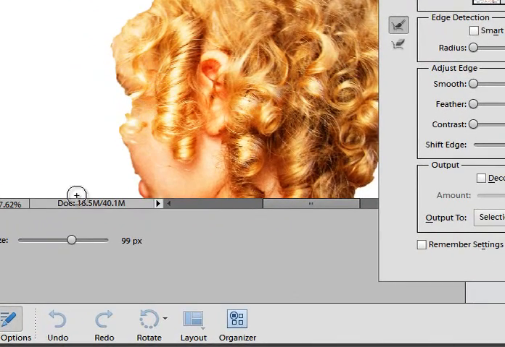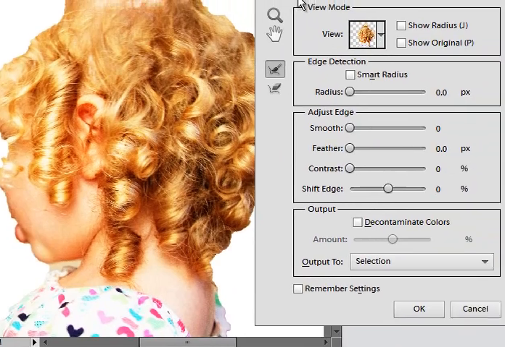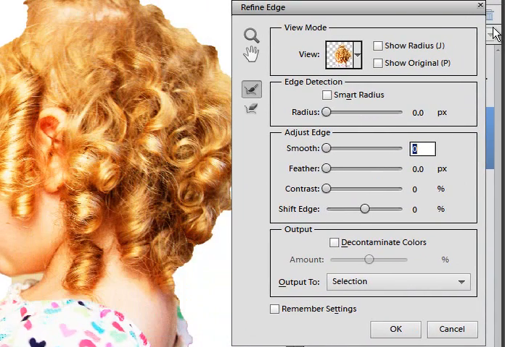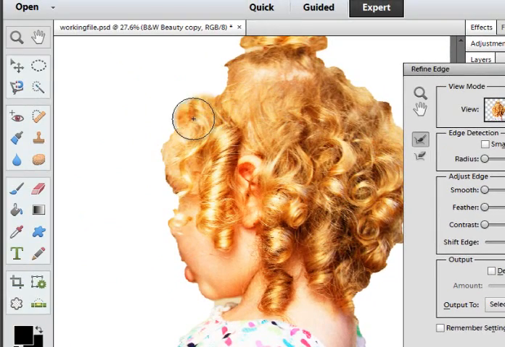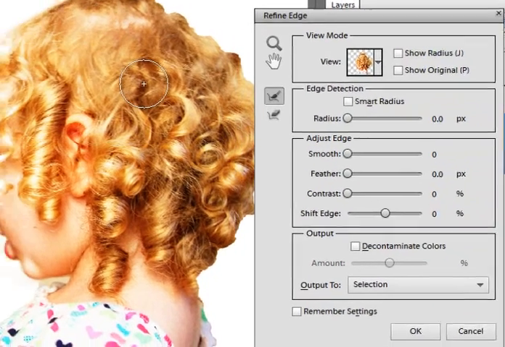But you can change your brush size, I suppose. And then get rid of that. And what we're going to do is simply draw some more around where we want it to find the hair, and let go,